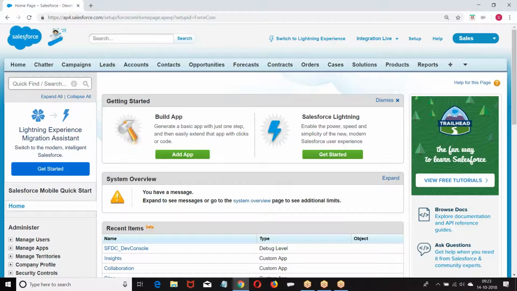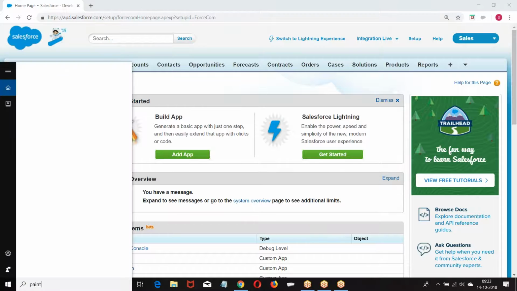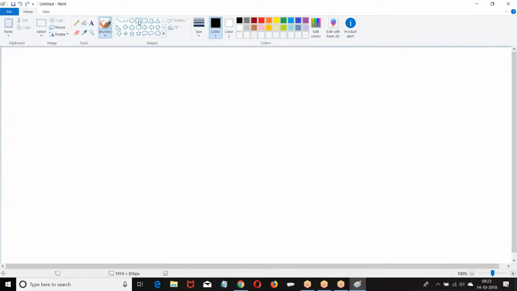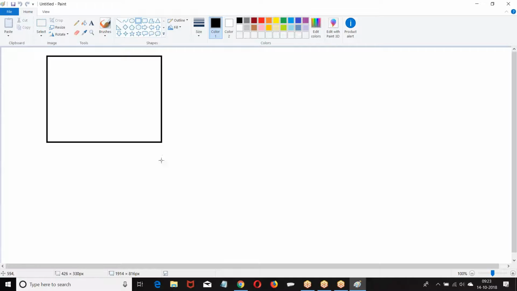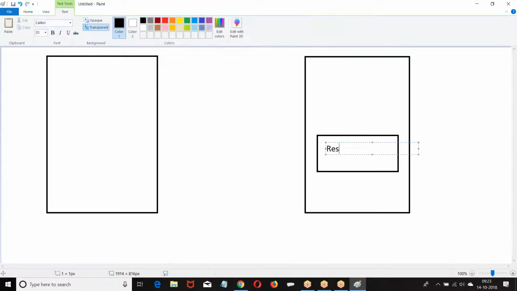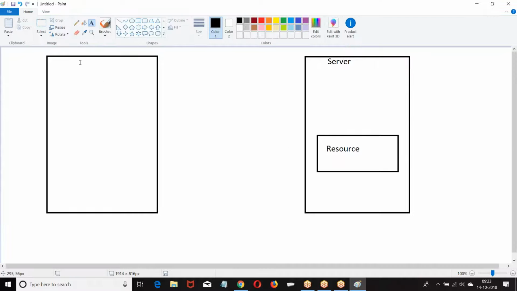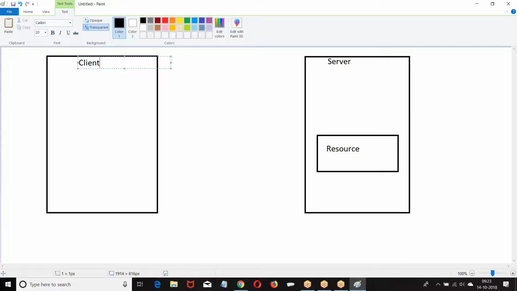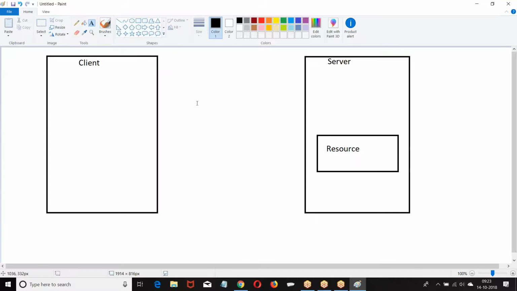In the REST API, if two systems want to communicate with each other and exchange or access a resource, and the server wants to share the resource with the client, then the server gives the URL of this resource.